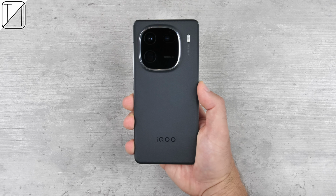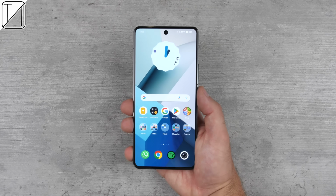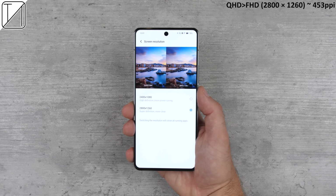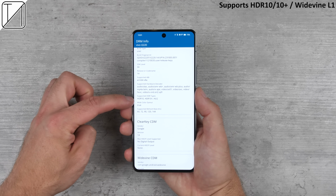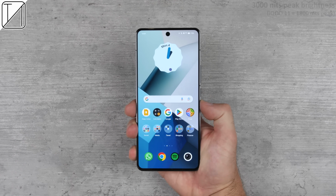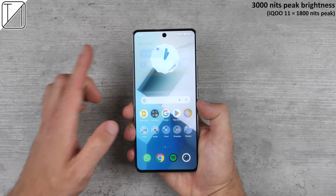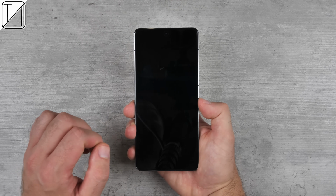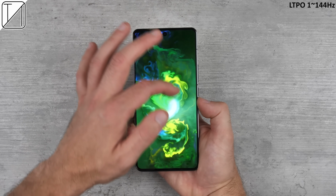There's no word on the protection of the back glass or even the front glass for that matter, but the display itself is a 6.78-inch AMOLED panel which has a resolution that sits somewhere between QHD and Full HD and supports HDR10, HDR10 Plus, and Widevine L1 content. Its screen brightness has now almost doubled and sits at an insane 3000 nits of peak brightness, and the cherry on top is that it uses LTPO technology to adjust its frame rate from as low as 1Hz to as